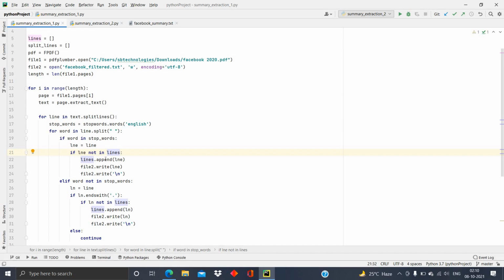Then only it will be appended to that list, and that particular line I am also going to write into this text file. Actually, we can write directly into a text file, but we need to check the condition whether it is already extracted or not. For that purpose I am using this lines list. And the next condition is what happens if the word is not a stop word. If the word is not a stop word, we can simply ignore it, but there is a condition